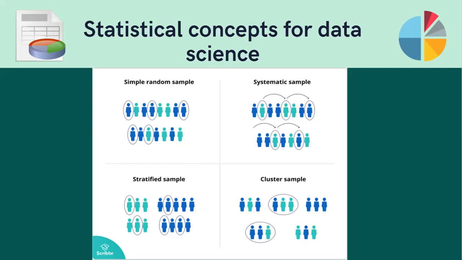And in simple random sampling, each element is equally likely to be picked. For example, if you are picking one person out of 10, the probability of one person is 1 by 10. And hence, due to the equally likely part, the probability of each person is 1 by 10. Then we have systematic sampling.